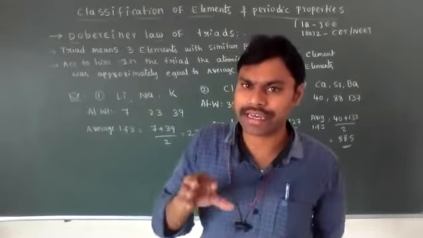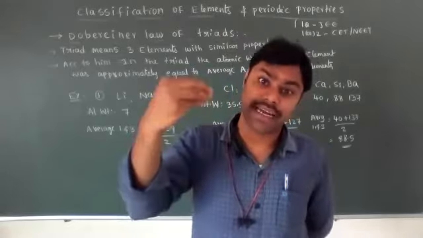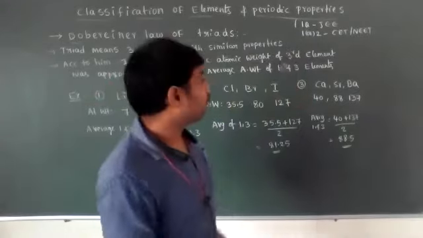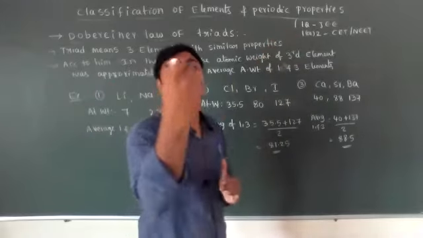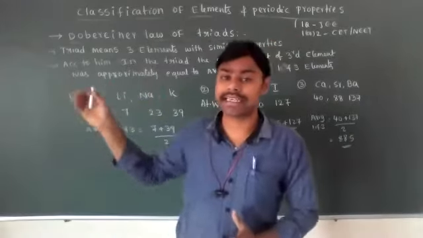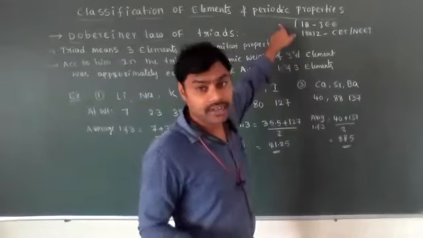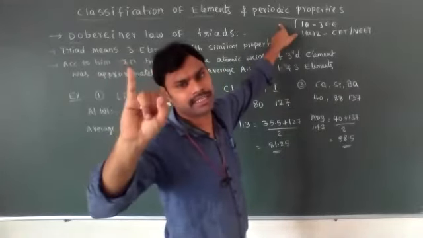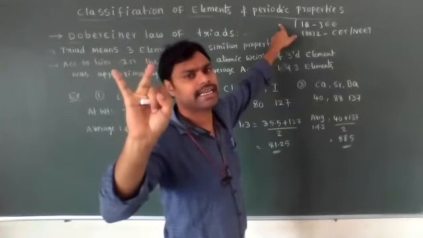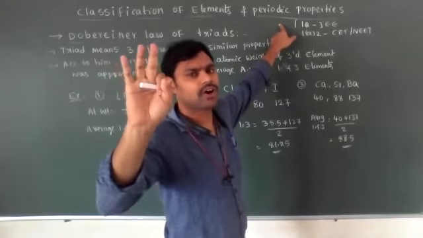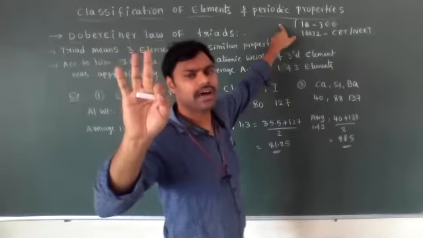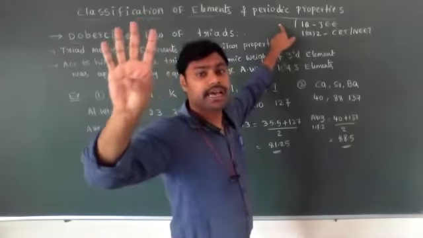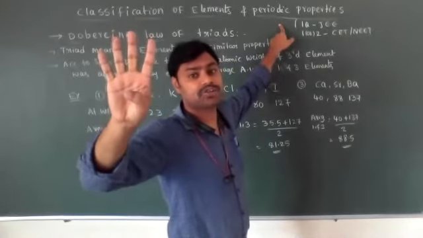So S block, P block, D and F block elements we are learning completely in the total 2 years. The properties we are learning in those individual blocks, generally how they change in groups and how they change in periods, here we will learn. So properties of the elements means atomic size or atomic radius, how it is changing. The second one is ionization energies. The third one is electron affinity. Next one is electronegativity, how it changes in groups and periods.